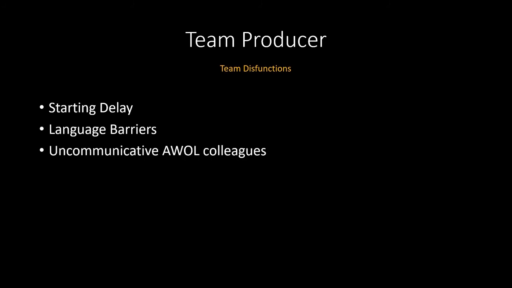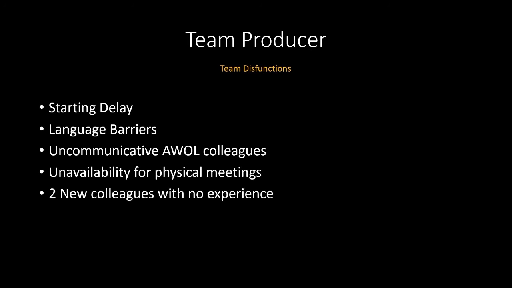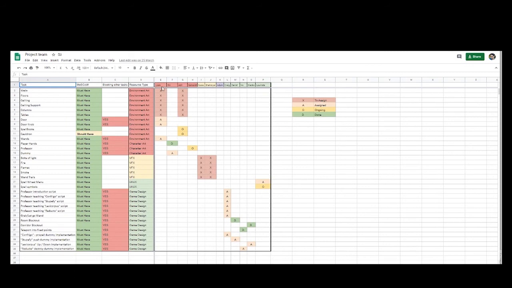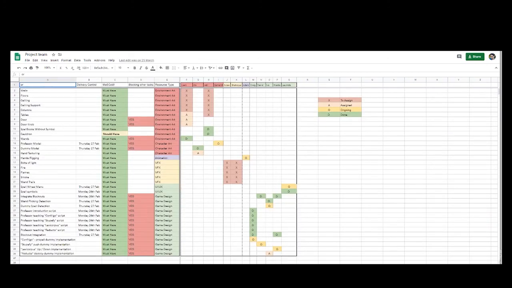There were delays with starting the project, language barriers, uncommunicative individuals that disappeared, members that could only be present once a week for the laboratory lesson, and 2 new joiners who were completely new to their respective fields. All of these problems forced me to become a more hands-on producer. I created a new weekly sprint and allocated everyone with the work that they intended to do. Midweek, I would ping them for progress reports, find out whether there was anything blocking them, and help out